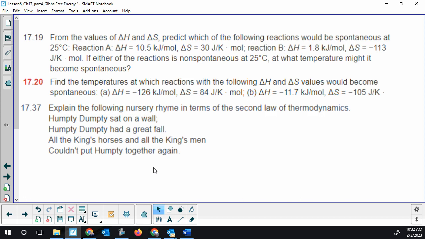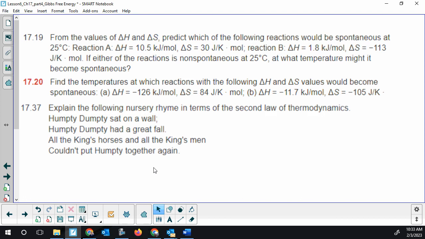I'm not sure what the exact answer is to this, but I'll maybe guide you a little bit. Humpty Dumpty sat on a wall with high potential energy, and he fell off the wall to low potential energy. Well, potential energy is kind of like enthalpy change in chemistry. So there's a change in enthalpy when he fell off the wall. And then he fell apart. You can think of what's going on in terms of entropy or chaos when Humpty Dumpty broke into a whole bunch of pieces. So we've got that potential energy change, and we've got the entropy change of poor Humpty Dumpty,